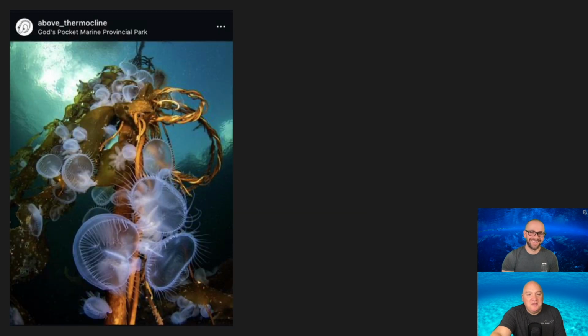So we'll move on to our next picture, which is from above_Thermocline, probably taken within a kilometer of the previous picture. But by a different photographer, possibly in a different year. So again, pretty recognizable what area this is from. Everyone who goes to God's Pocket, I think the first dive you do is at Hoodie Nudie Bay. It's an easy checkout dive, and it's aptly named because certain times a year there's millions of these guys on every stalk of